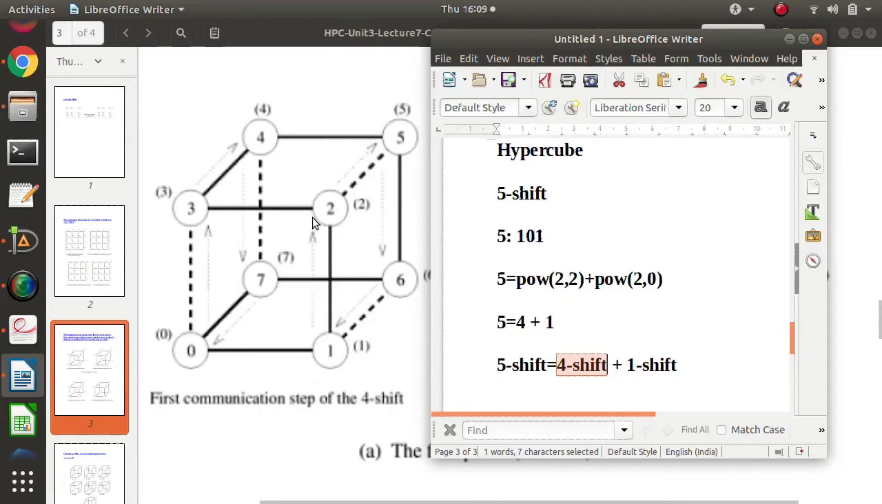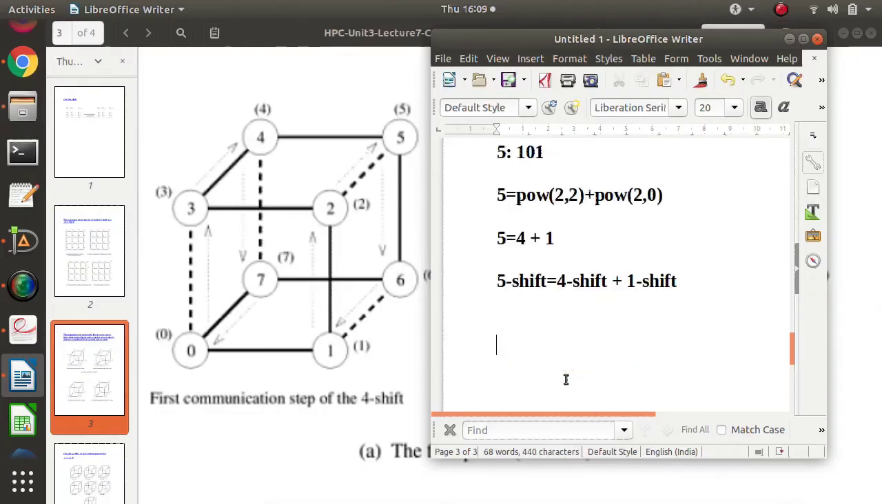So see 1 and 2. Now suppose we take 2. To whom will 2 send data? It is a 4 shift, so 4 shift means 2 will send data to 6. But see 1 and 2. So because of that, keep in mind the 4 shift,